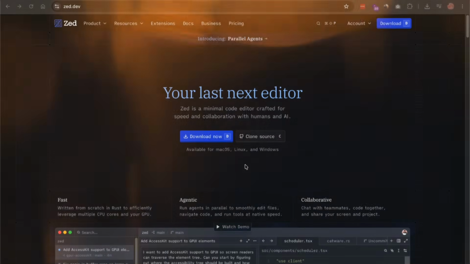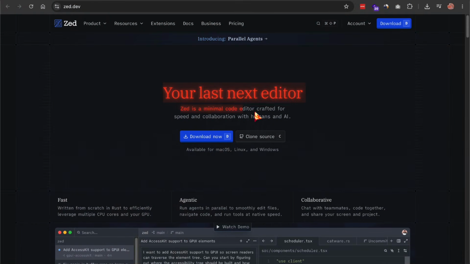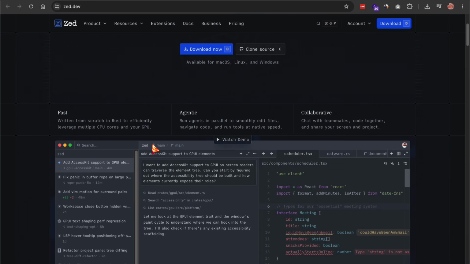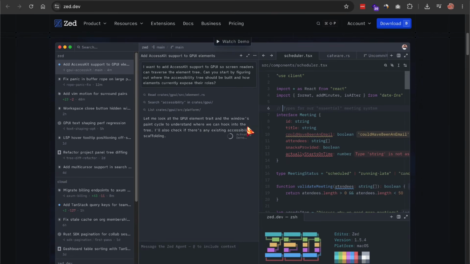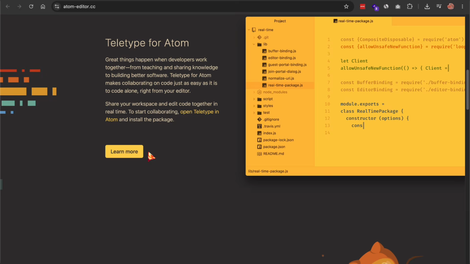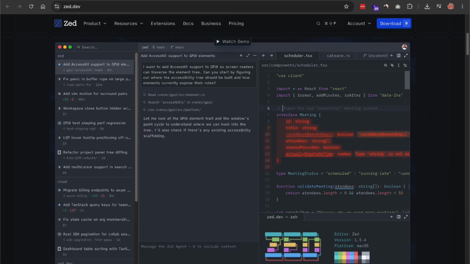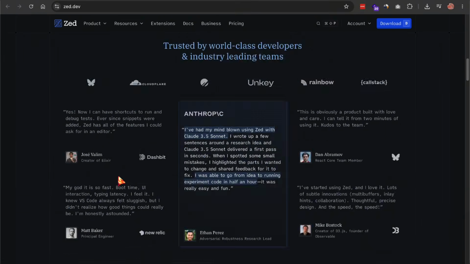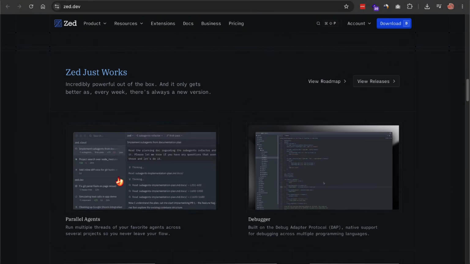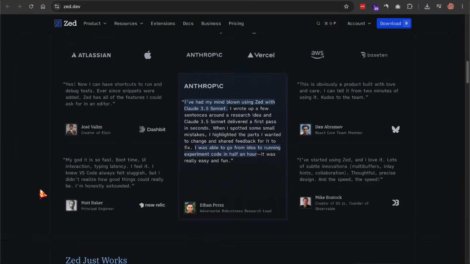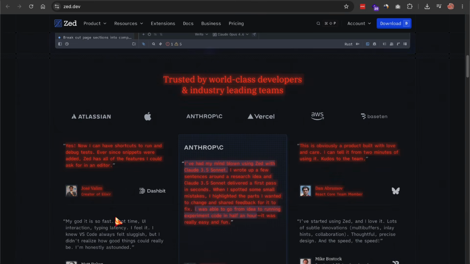Zed is one of the fastest code editors I have ever used. Built from scratch in Rust by the same team that originally made Atom, it boots instantly, never lags on large files, and feels almost unfairly snappy compared to VS Code or Cursor. The editor has been gaining serious traction in the open-source dev community, and over the last year, the team has